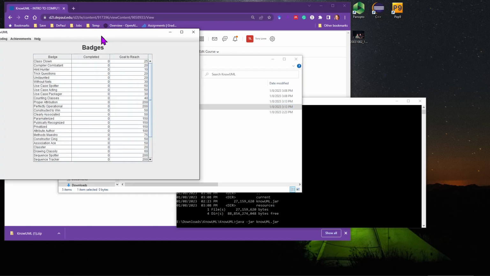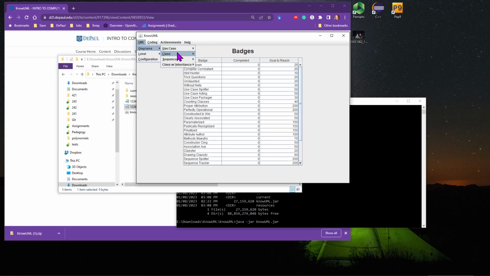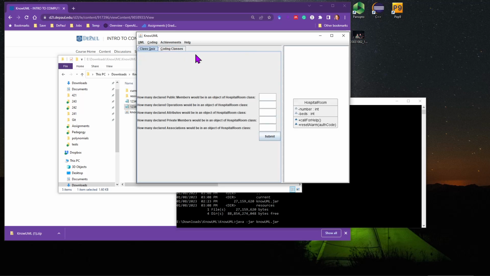And then you can see I'm into my badges screen and I can do everything from there. Now you probably want to make sure right away and generate a diagram and make sure this pops up. Make sure there's nothing tricky, nothing running funny on your machine. If there is, then just let me know. I know it works on both Mac and Windows. I'm not sure about Linux. I don't think I've had a student use Linux yet. But there have been some tricky